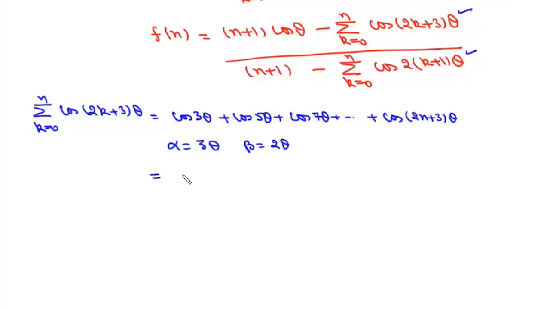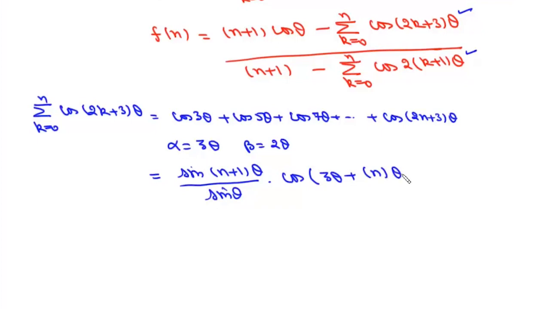We know that the sum of this series is sine (n beta by 2) upon sine (beta by 2) into cos(alpha plus (n minus 1) beta by 2). N beta by 2 will be, number of terms is n plus 1, and beta by 2 is theta, upon sine beta by 2, which is sine theta, into cos(3 theta plus n into theta). So it will be sine (n plus 1) theta into cos (n plus 3) theta whole divided by